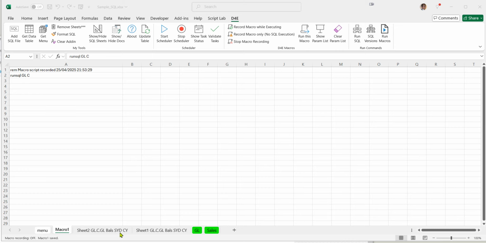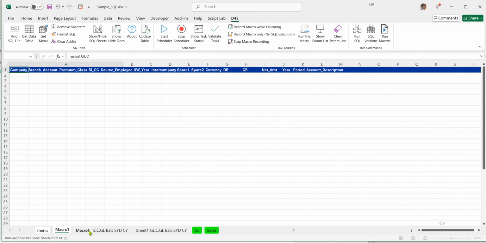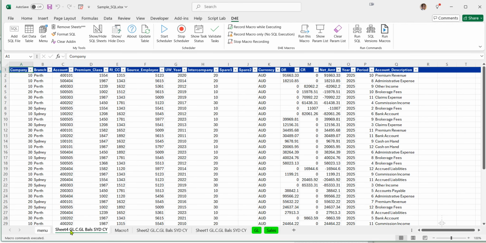Previously we just did this sheet, and now it's done it again and executed the same SQL. So that illustrates one way, and there are other ways, such as